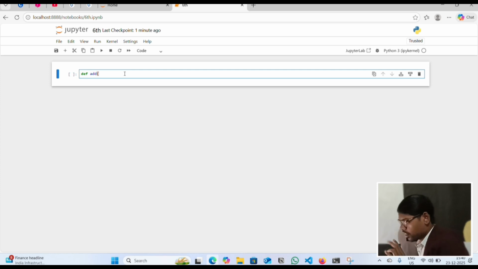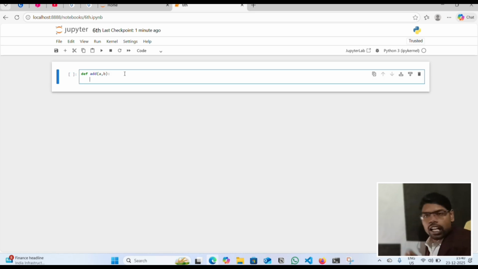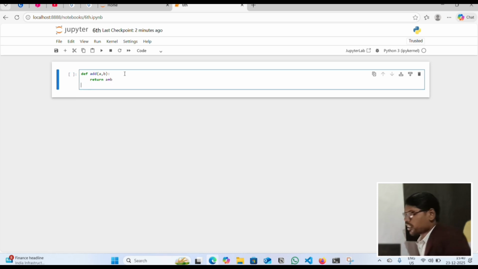I will add two numbers, so parameters a and b. Then a colon. This is our first line. So I will return a plus b. return is a keyword to pass the value.